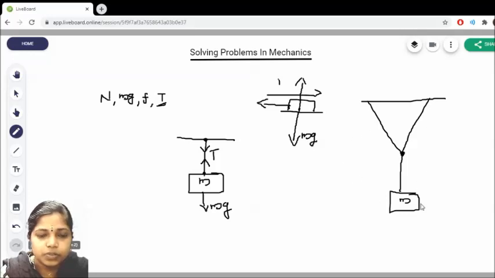So all the forces when we are drawing, the one force is the weight of the object mg acting along the downward direction, and the next force is the tension. So when I am taking this contact point, from this point the tension will be acting just like it's a pulling force. So this will be the direction of tension. And when I am taking this contact point, from this point the tension will be pulling.